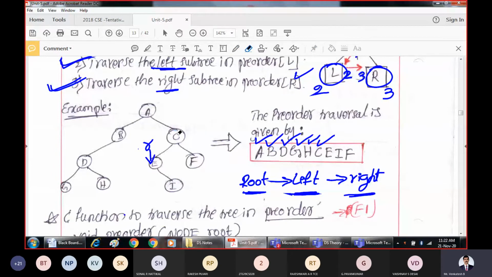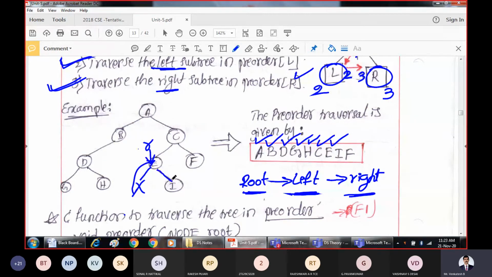Now after processing C, why should I come to the left side, E? Because this procedure says root, go to left, then go to right. Root, go to left. Now we process it. After processing all these, then I will come back to right. Whenever you are present at a root node, apply the procedure: process the root node, go to left subtree, process it, come back, go to right subtree, process it, and come back. That's it. Process means print it. After printing this, go to left subtree and process it. But there is no left subtree here. We'll leave it. Come back.